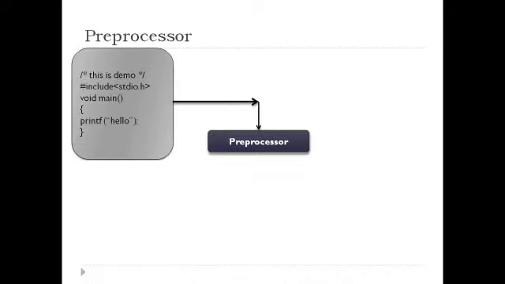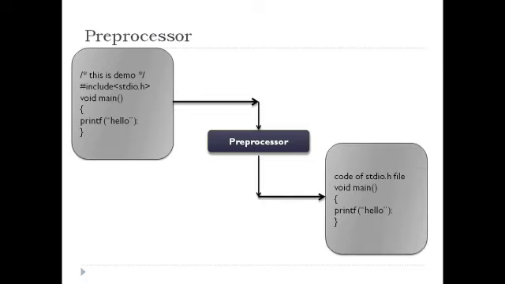First is the preprocessor. As an example, let's take a very simple C code which produces hello as the output. This acts as a .c file to our preprocessor. And what is the task of the preprocessor? What does a preprocessor do to this C program? The first task is it removes any comment in the program. As you can see, there is a comment used in the program, this is demo. And you can see in the output from the preprocessor, the comment has been